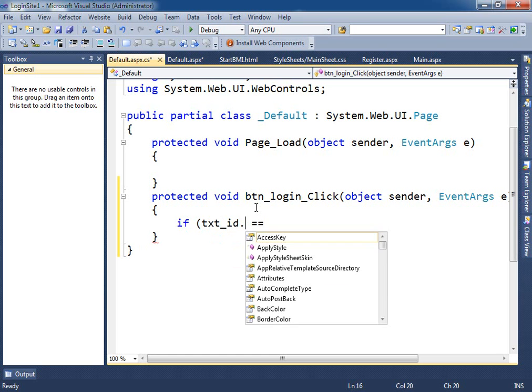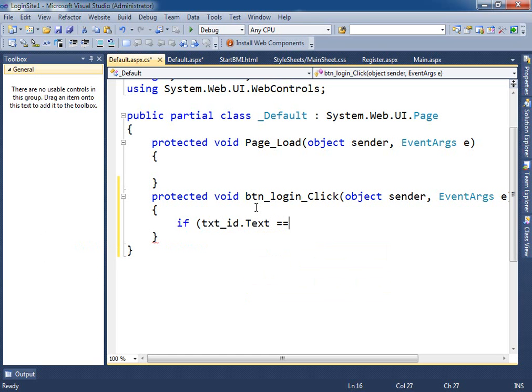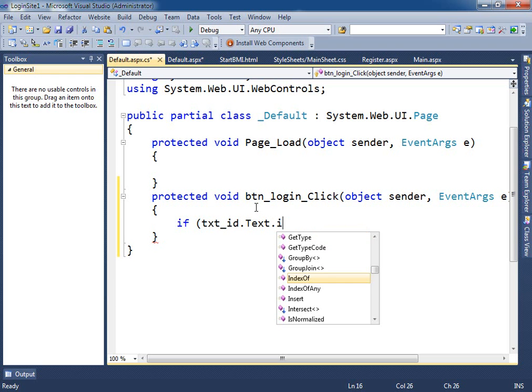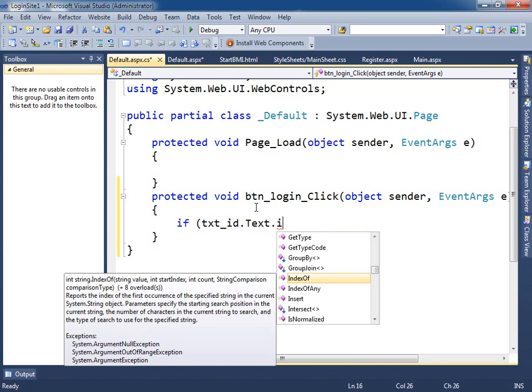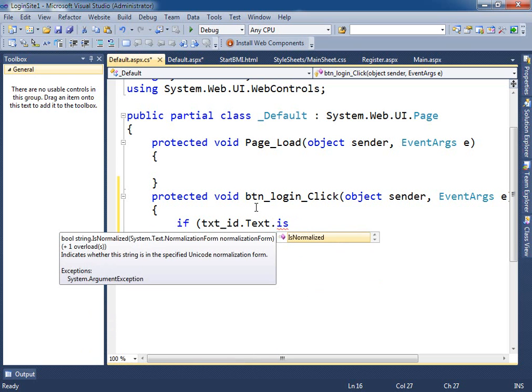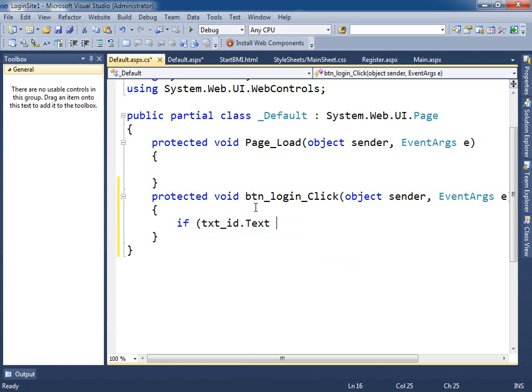How do you compare a text field in C#? Like this, or do you have to compare strings? How do you do it? No, you don't have that. In Java, you have is equal. Okay. If txt.text is equal Ali, for example, ID,